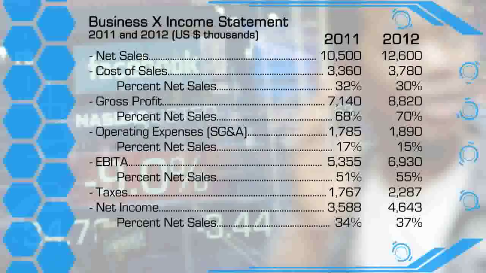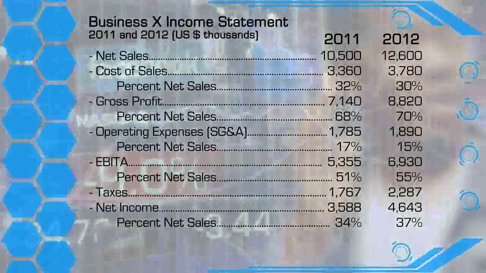That growth has resulted in efficiency in production, which is reflected in the cost of sales declining from 32% of net sales to 30% of net sales. This is a reflection in gain in gross profit from 68% of net sales to 70% of net sales. Additionally, management has maintained a firm control on the operating expenses of sales, general, and administration expenses. These have declined from 17% to 15% of net sales. This carries down to an increase in earnings before income, interests, and taxes from 51% of net sales to 55%